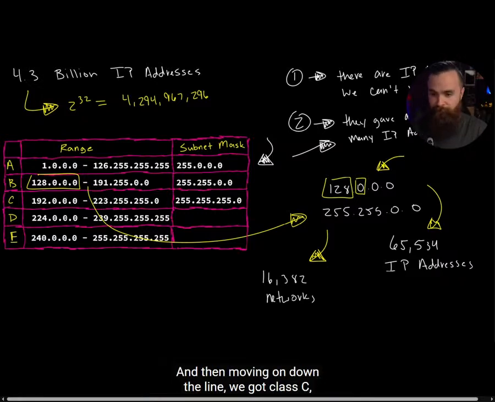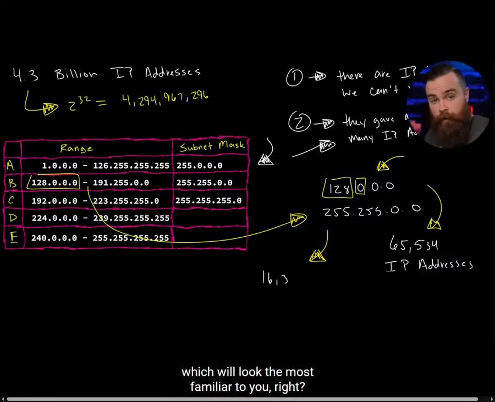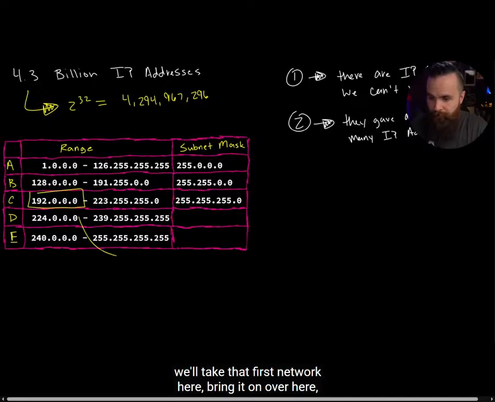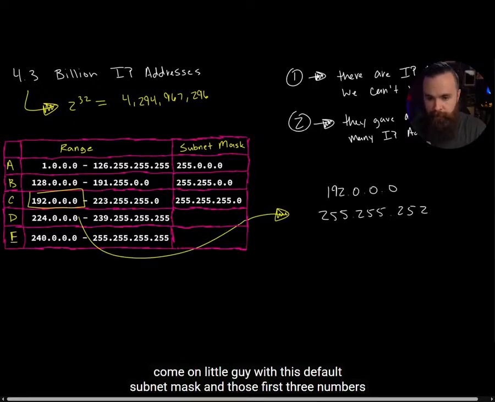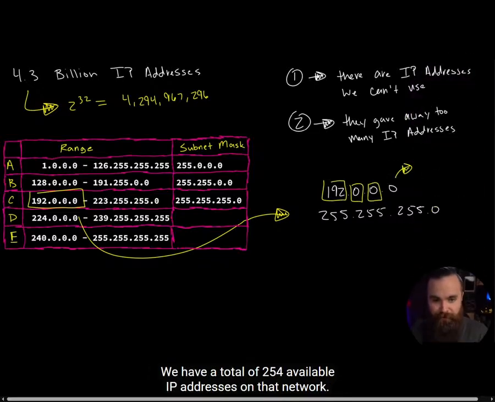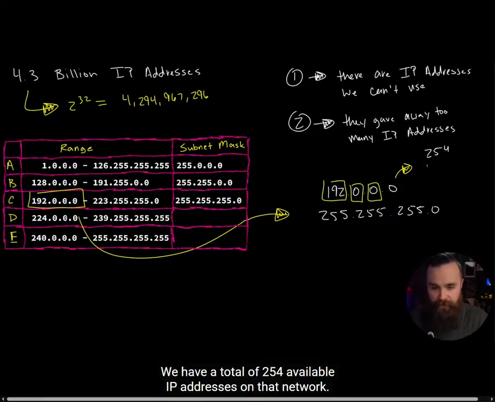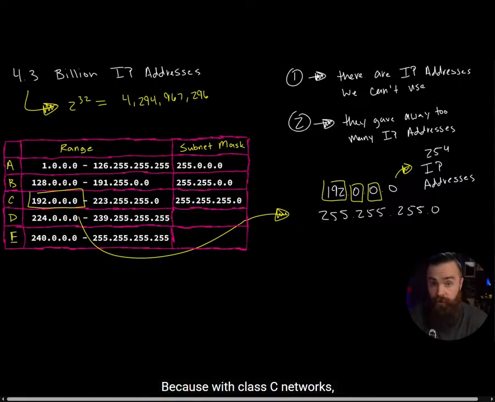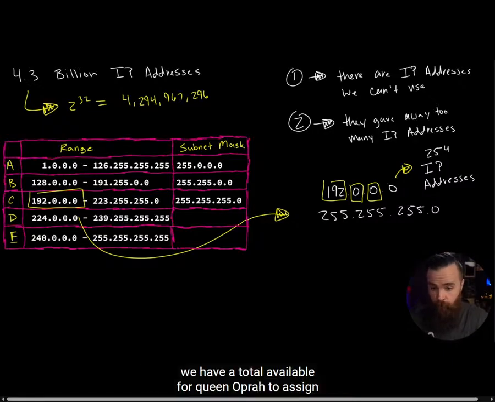And then moving on down the line, we got Class C, which will look the most familiar to you, right? Because it contains your home network. And again, we'll take that first network here, bring it on over here, with this default subnet mask. And those first three numbers, they're locked in. Can't touch those octets. And looking very familiar, we have a total of 254 available IP addresses on that network. This is the best plan. They should have done this with every single network, because with Class C networks, we have a total available for Queen Oprah to assign